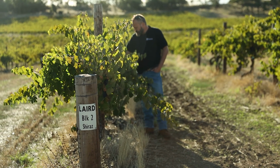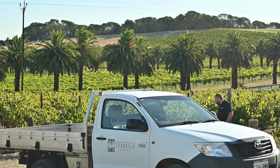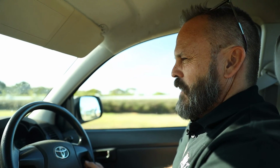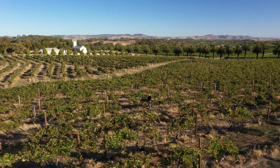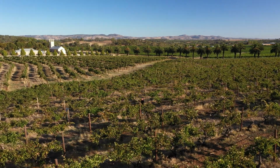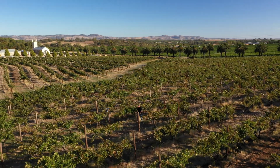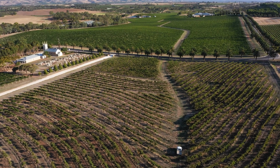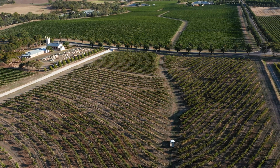You can unpick a site, and you can unpick why is this site good, and why does it work so well. And I think it's a sequence of a lot of things coming together. It's got a south-facing aspect, and that keeps it a little bit cooler. It has elevation, so we accentuate that coolness with elevation, but then we also find ourselves out of the frost zone. And you also then, with the dry grown vineyard,